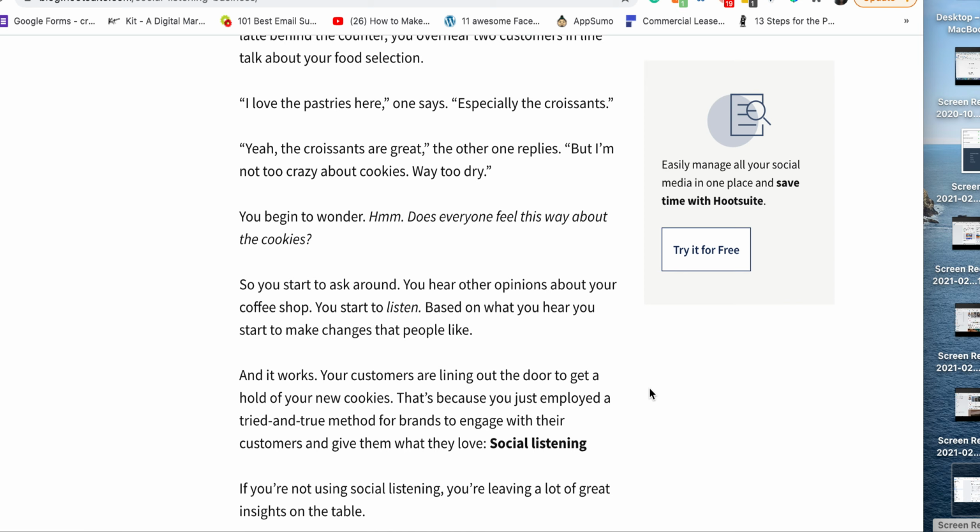people nowadays, they love to take pictures of their meals, and somebody goes to a coffee shop and they get their nice little coffee in their cup. They get their nice little donut or their croissant or whatever it is they're getting, and it all looks presented nicely, and they might be working or not, and they take a picture and say morning coffee or whatever caption they would like to attach to that post. They might hashtag the coffee shop. They might even tag the coffee shop if the company that you're working for has pages that are taggable. And so that's an opportunity now for you to listen.